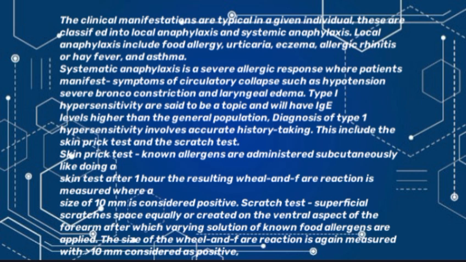The clinical manifestations are typical in a given individual. These are classified into local anaphylaxis and systemic anaphylaxis. So, local anaphylaxis includes food allergy, urticaria, eczema, allergic rhinitis or hay fever, and asthma. While systemic anaphylaxis is a severe allergic response where patients manifest symptoms of circulatory collapse such as hypotension, severe bronchoconstriction,